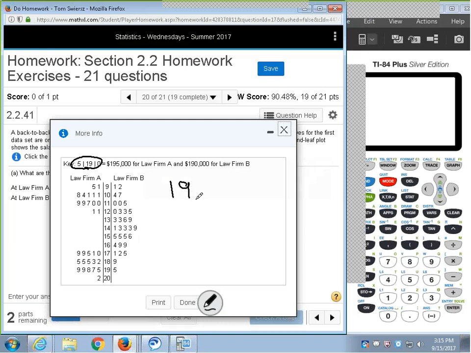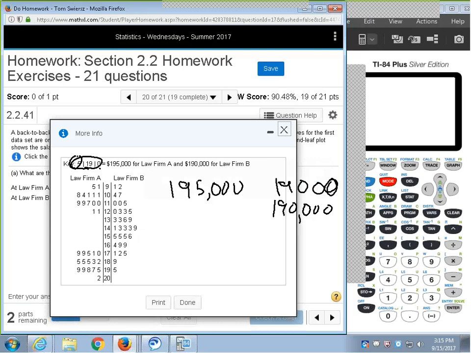So 19 tens of thousands is 190,000, and then law firm A would be 195,000 because the 5 is on the left. The 0 here would mean that the person at law firm B would make exactly 190,000. Okay, so again, now